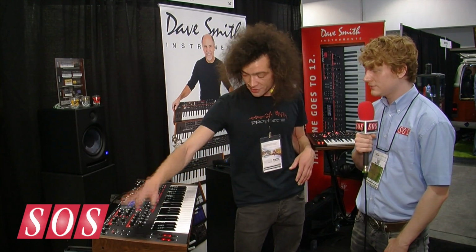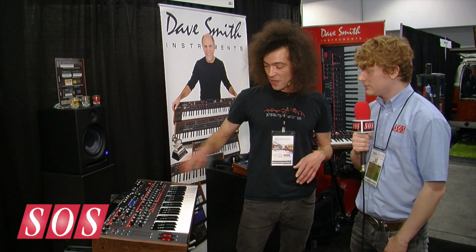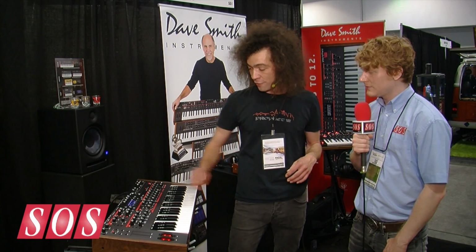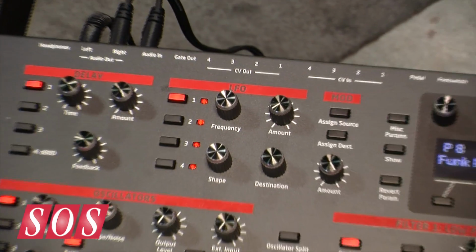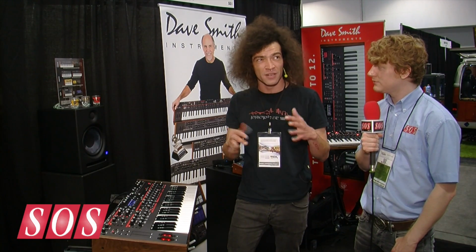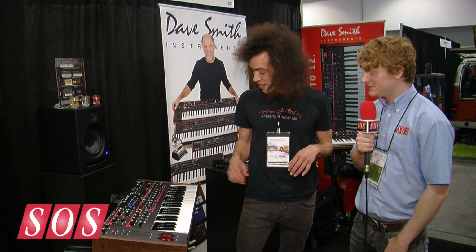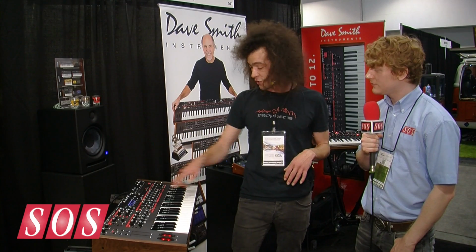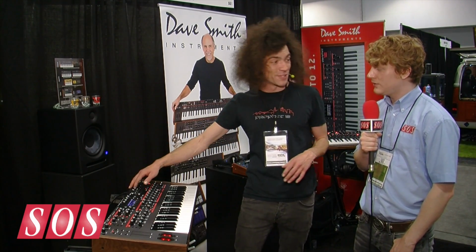So that's basically your digital front end, analog filters, analog VCA, and then you just have a slew of modulation available as well. You have 4 LFOs, all slewable, syncable. You can assign them to pretty much anything on the front panel or any of the modulation destinations, which I think are about 150 or so, just a massive amount of modulation capability. And we actually have 2 auxiliary envelopes aside from the individual envelopes for each filter and the VCA. And then we have our killer new sequencer, which is...